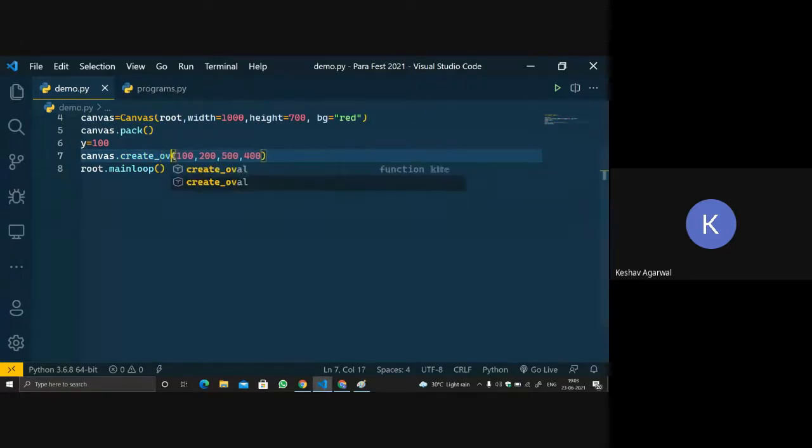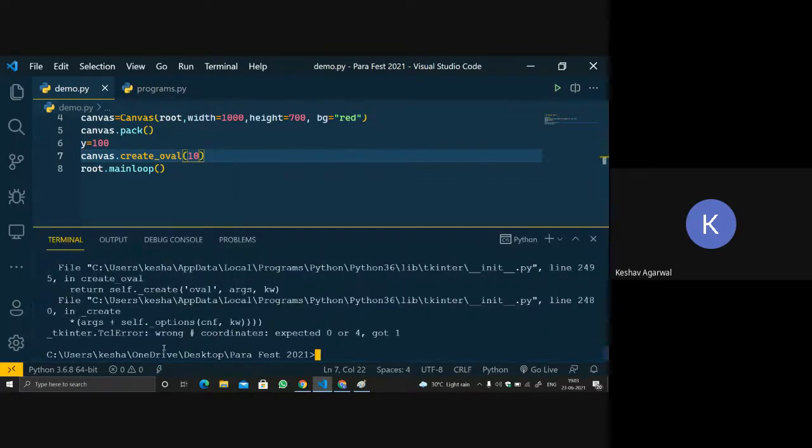So let's make another shape, an oval. Let's say 10, and let's run it. It expected 0 or 4, so let's not give any and just run the code.